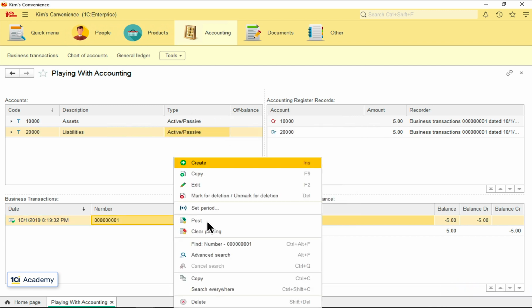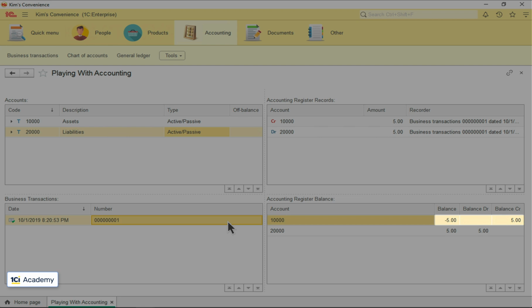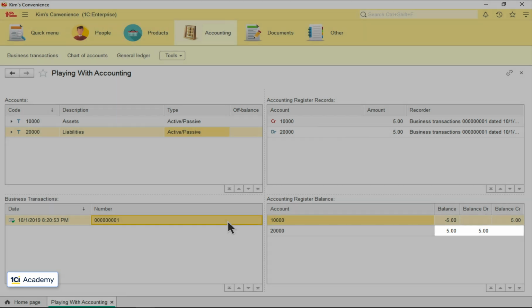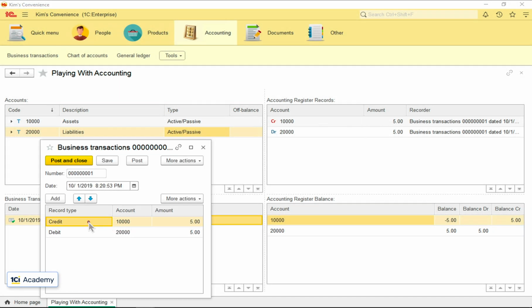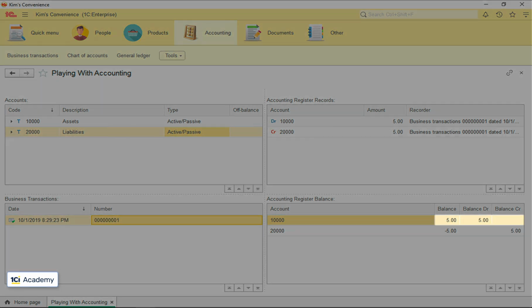Reposting the document. And now the negative balance is reported in the credit balance field, while the positive one went to the debit balance. Let's reverse the transaction like this. And again, the positive balance is reported on the debit side, and the negative one on the credit.